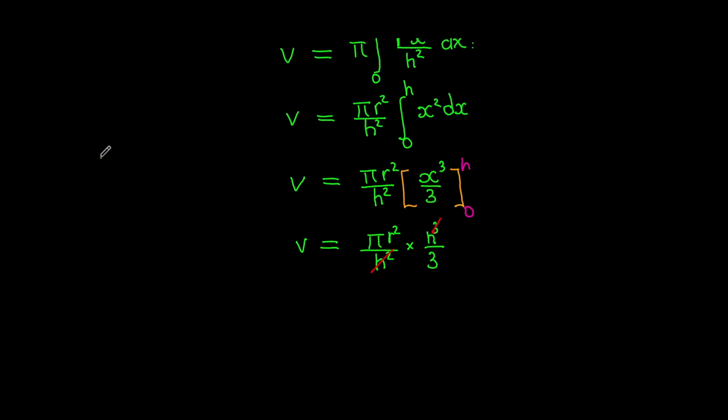What you can do here, remember h cubed is the same as h times h times h, over h times h. So two of these will cancel, and we're left with only one, and that is the step we have here. And we have V is given by pi r squared, and this h which is left,